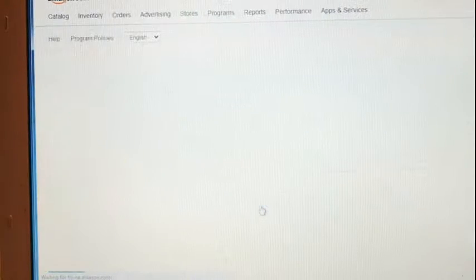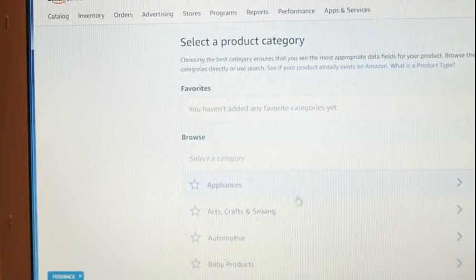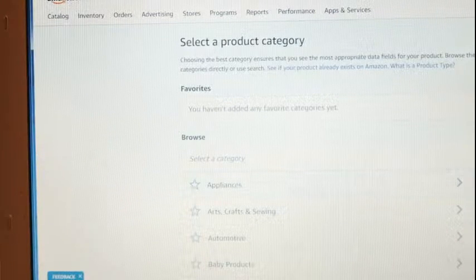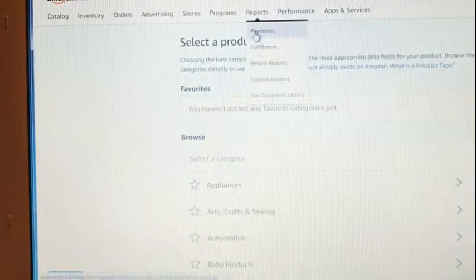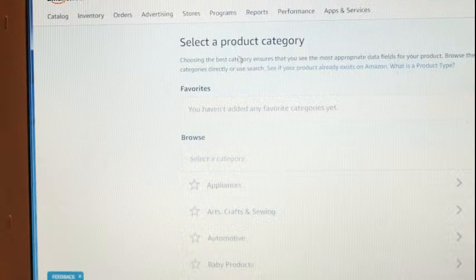So you click, I'm adding a product in. And it's going to say, select a category. So you're going to have to select the category. Now the best thing to do,